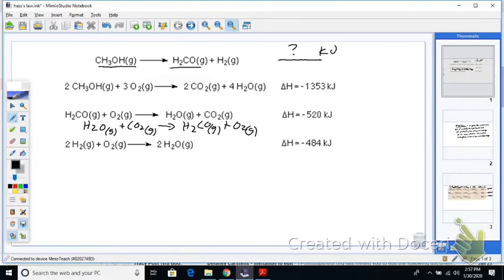Now, when I flip it, this is what happens. The sign flips. It's no longer negative 120, but now it's an endothermic reaction, and it's a positive 520. So anytime you flip reactions, guess what happens? The energy flips. Okay? Now we want to look at H2. Are there any reactions that just have H2? The last one. The last one, guess what? Yeah, flip it. Got to flip it. So we flip it. 2H2O gas.